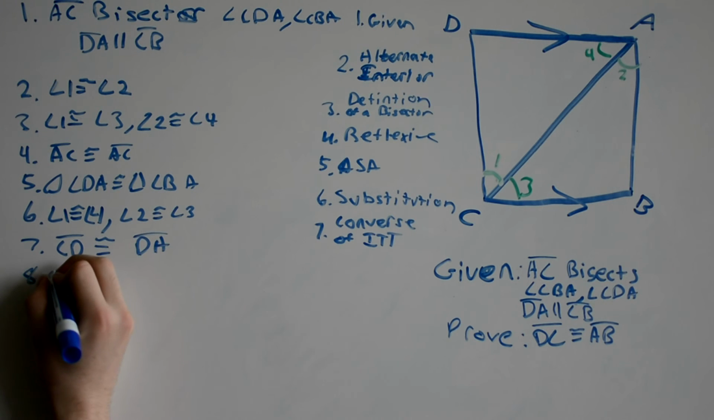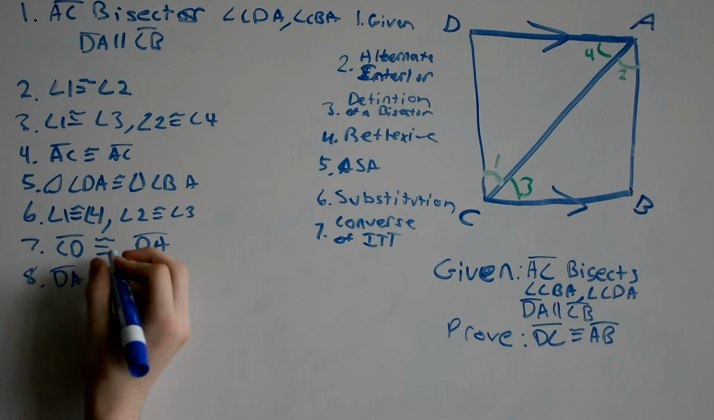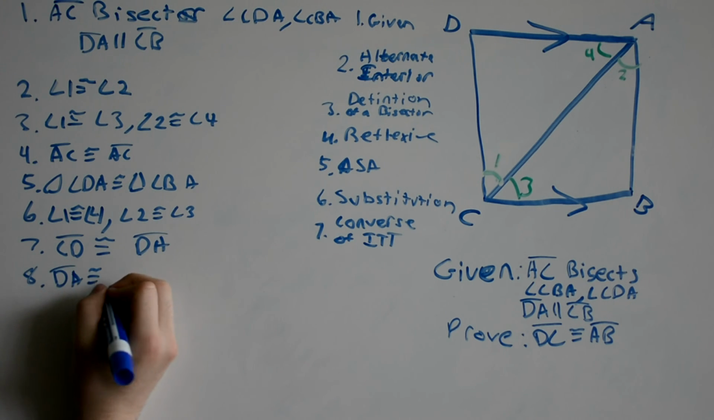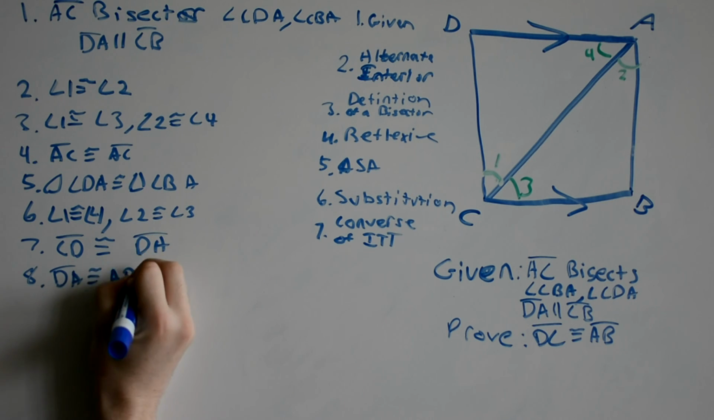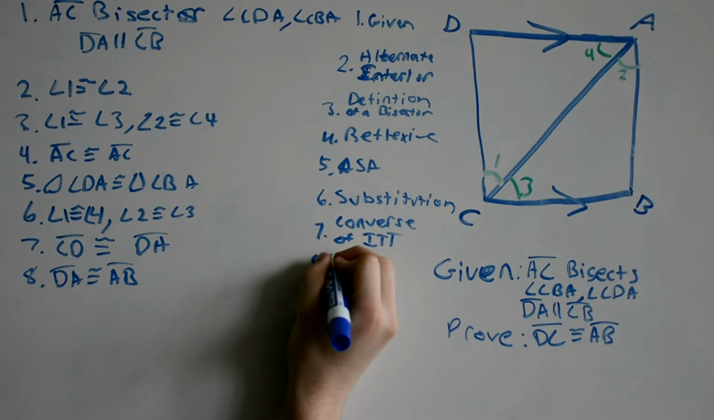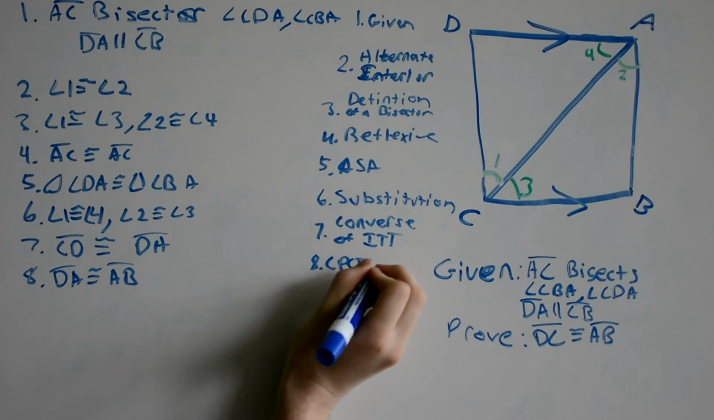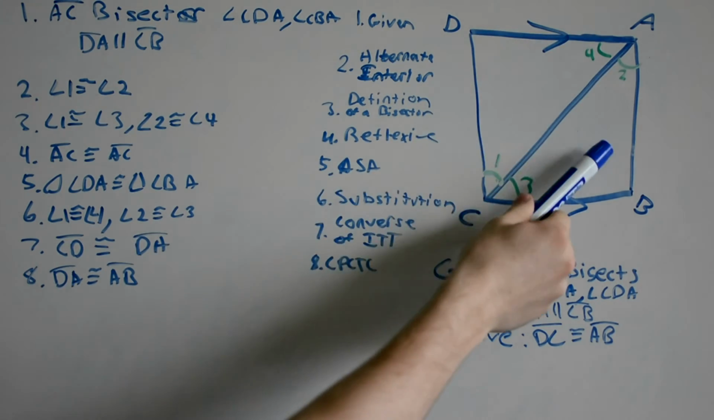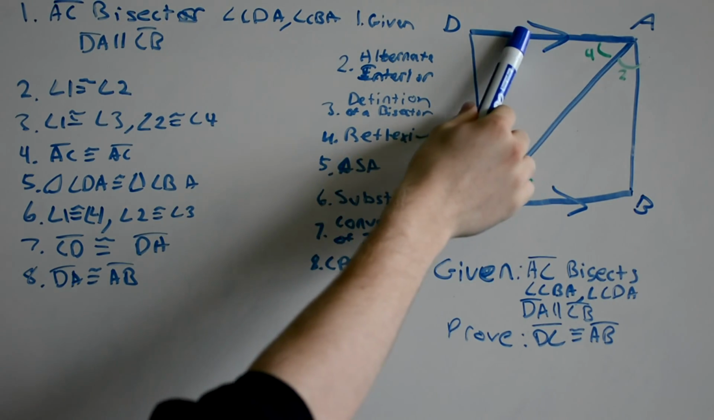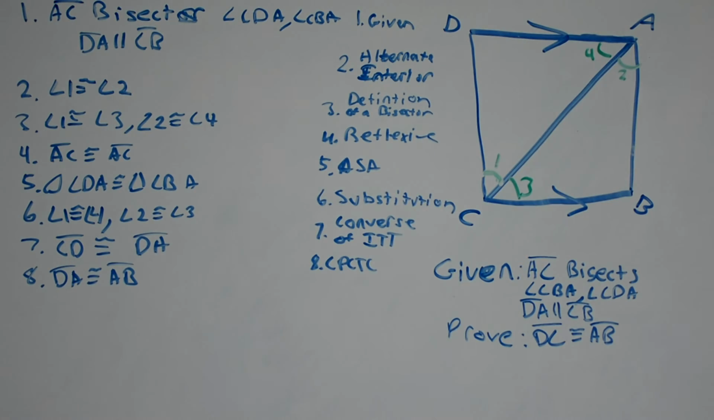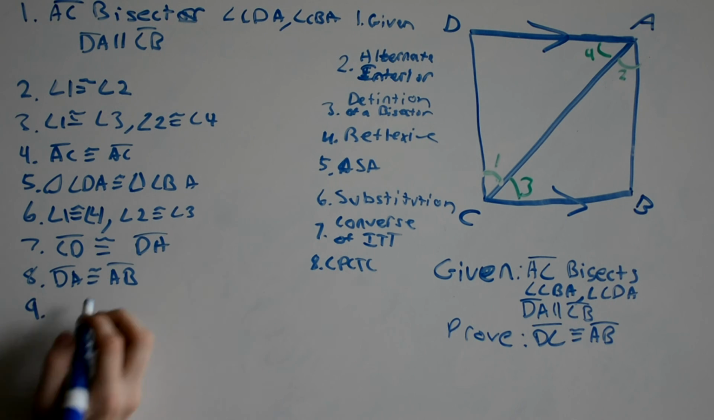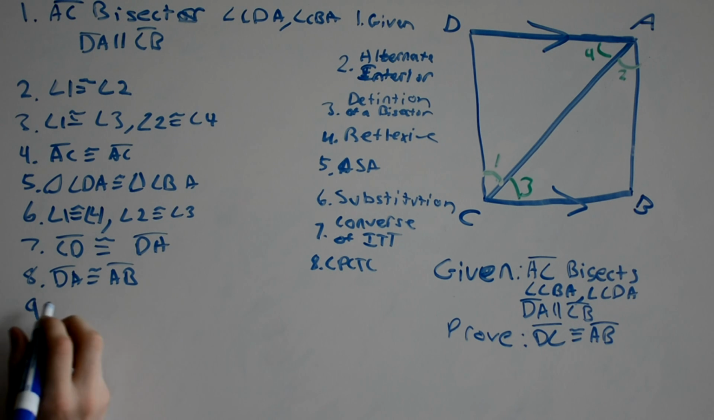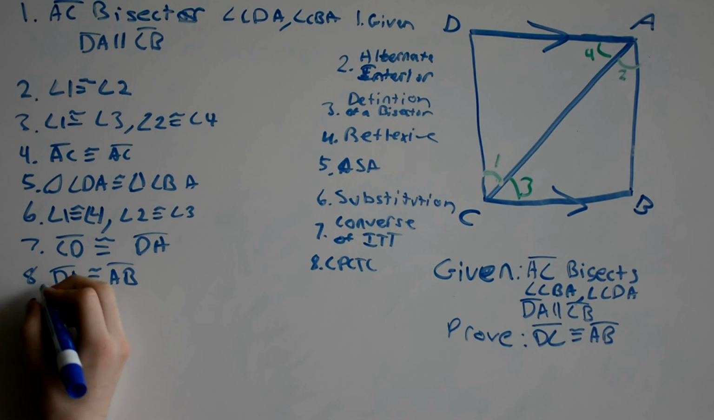You also know that DA is congruent to AB because of congruent parts of congruent triangles are congruent, which says that if these two triangles are congruent, then this line, which corresponds to this line, are congruent. And since you know that the triangles are isosceles, you know that CB and DA are congruent. And since you know CB and DA are congruent, you also know that CD